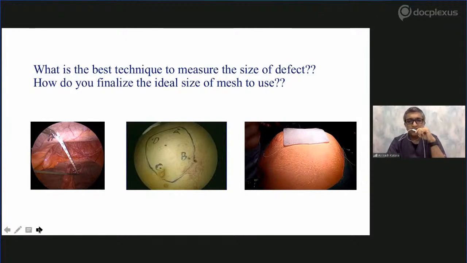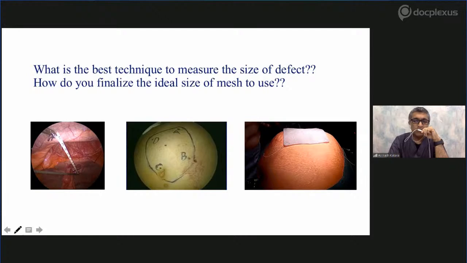Yes, the best way to measure the size would be what you see intraoperatively with the scale, and even your pre-op CT scan gives you a very decent accuracy as to the size of the hernia. Many of us, with time we get a little lazy and just eyeball it and give a rough size of the hernia. Sometimes you try and measure it externally. When you do that, you need to make sure you're taking into account the patient may be obese and the outer and the inner circumference may be very different, and these shortcuts may land us with the wrong size of